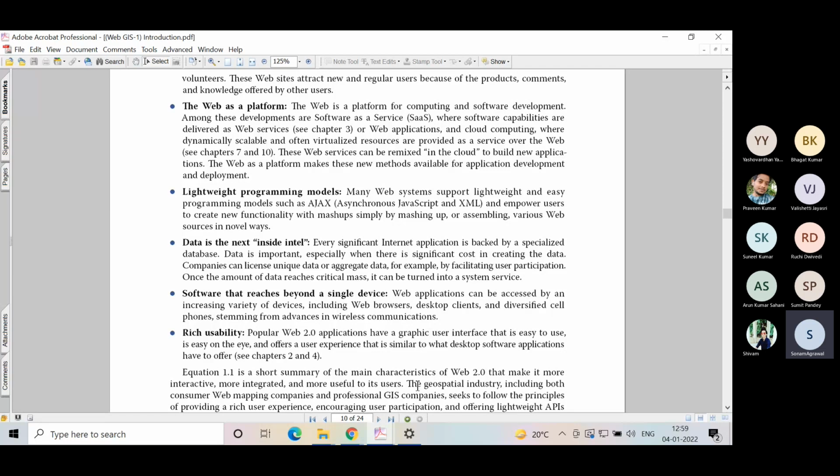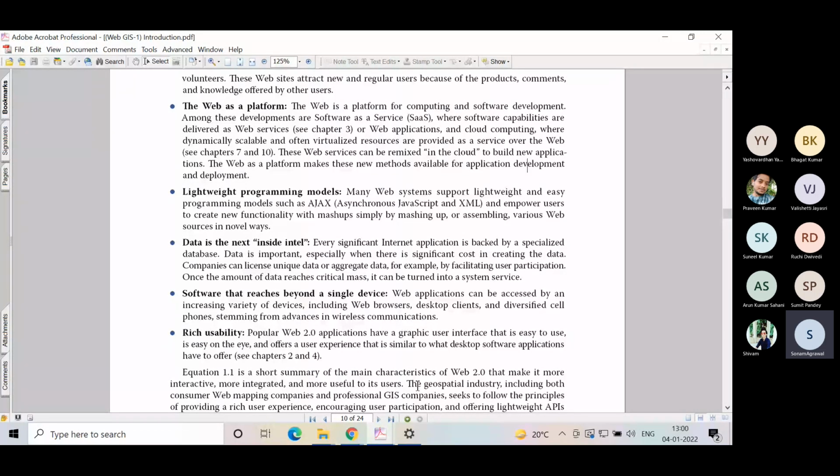कहने का मतलब ये है कि अब कोई भी सॉफ्टवेयर या कोई भी एप्लीकेशन जब डेवलप करी जाती है देन इट इज नॉट जस्ट लिमिटेड टू अ सिंगल डिवाइस, क्योंकि आप अलग अलग डिवाइस पर जाते हैं, जैसे लैपटॉप पर या डेस्कटॉप पर स्क्रीन बड़ी होती है, बैटरी पावर ज्यादा होता है, जो भी कंप्यूटिंग रिसोर्सेस होते हैं वो ज्यादा होते हैं। बट अगर हम वही स्मार्टफोन की बात करें, स्क्रीन साइज कम हो जाता है, बैटरी पावर लिमिटेड होती है, कंप्यूटिंग रिसोर्सेज लिमिटेड होते हैं। तो किस तरीके से अपने सॉफ्टवेयर को, अपने एप्स को हमको उसी के अकॉर्डिंग बनाना पड़ता है। ये वेब 2.0 के साथ आया कि सॉफ्टवेयर एक डिवाइस तक सीमित नहीं है, बल्कि वो अलग अलग तरीके के डिवाइसेस में यूज होता है।